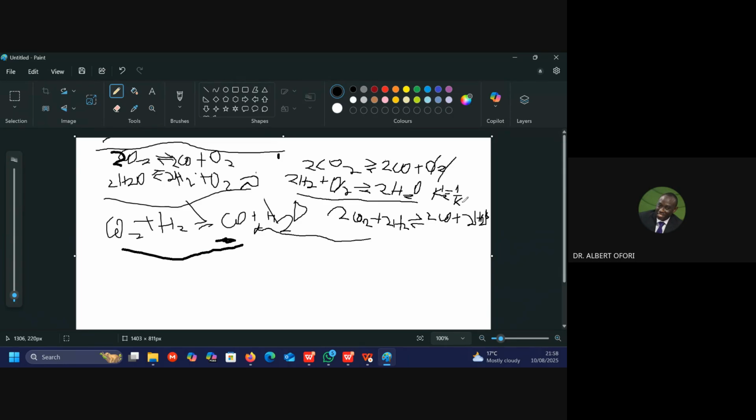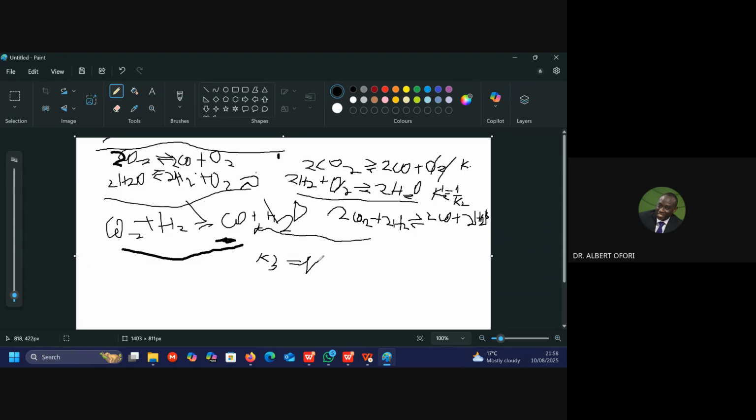Once we reverse the equation, it's going to be a reverse of that. And then this one, we didn't do anything, so it's still the K1 value. So if we want the new K3, we are going to say it has a relationship,